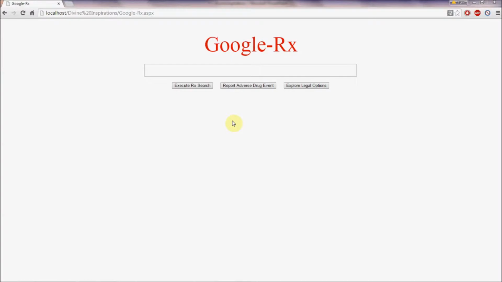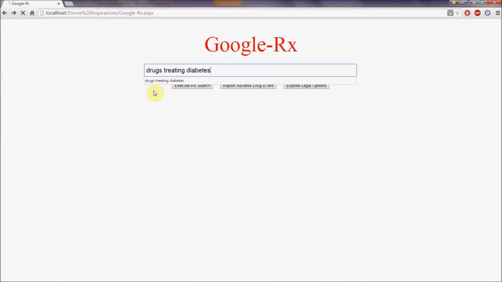GoogleRx looks similar to Google. You type in health-related search criteria and then press carriage return or the Execute Rx search button to execute the corresponding query. For the purpose of this demonstration, we will use the theme of managing diabetes. GoogleRx can be used to explore drug treatment options by typing the following: